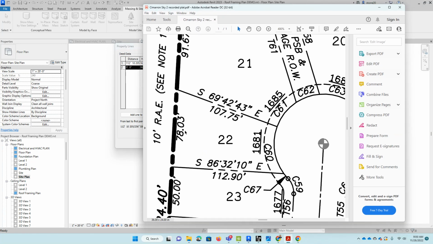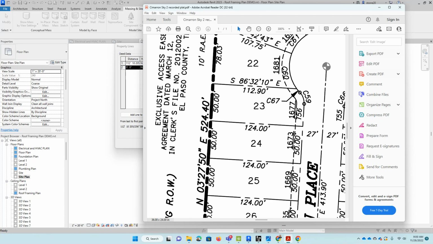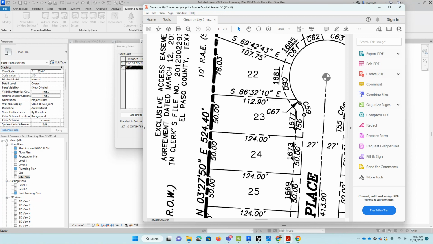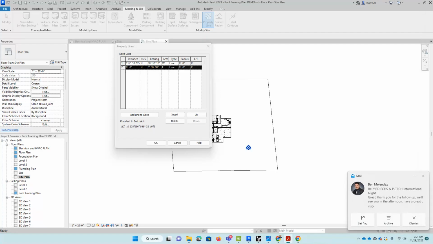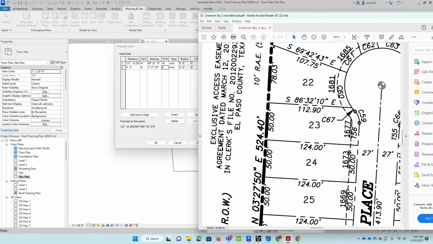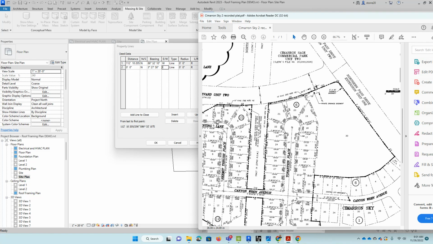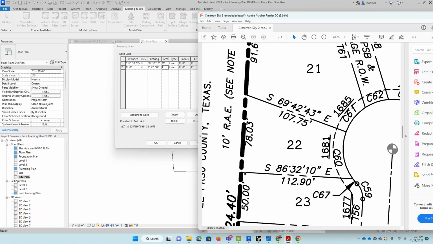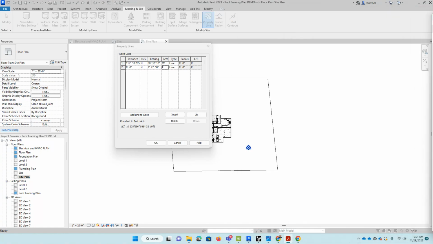The second line will be this one at 78.03. The bearing will be northeast. Is it headed in the northeast direction? If I'm headed from here this way, it sure is. So I need to go in that direction, northeast. So that's bearing 3 space 27 space 50, so 3 degrees, 27 minutes, 50 seconds, a distance of 78.03. Don't forget that the entire line of this boundary is 524.40, but this one lot along that bearing is 78.03. So I'm going to go in here 78.03